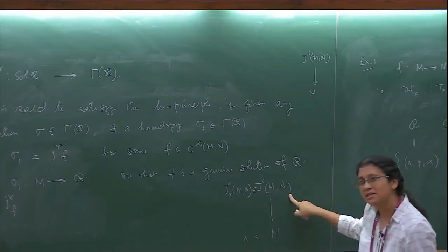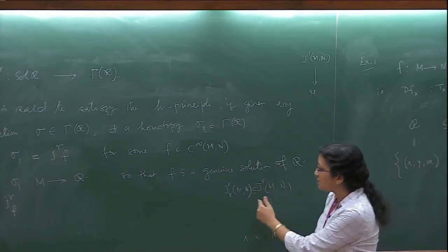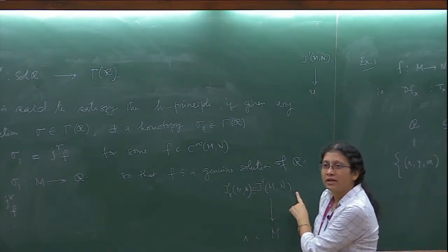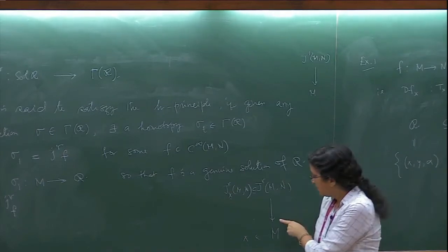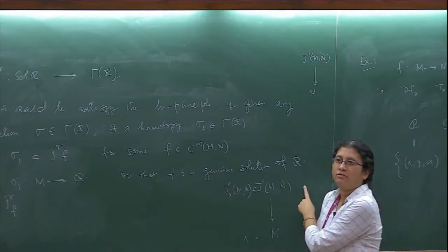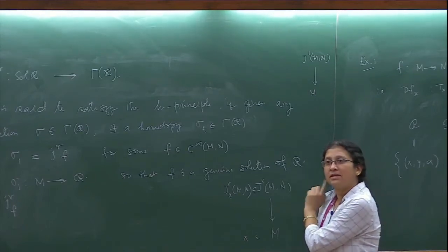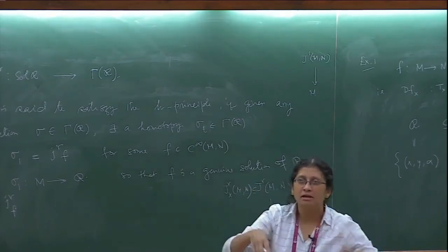This is not the function space, this is a certain total space of the bundle in which it is sitting inside. See, it may still be possible that there is a subset here, but there is no section which lands inside R. Still that may be possible. See, you have a certain bundle and